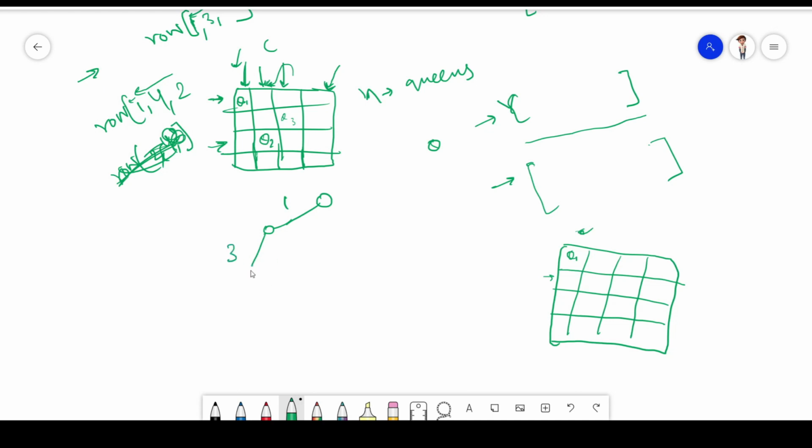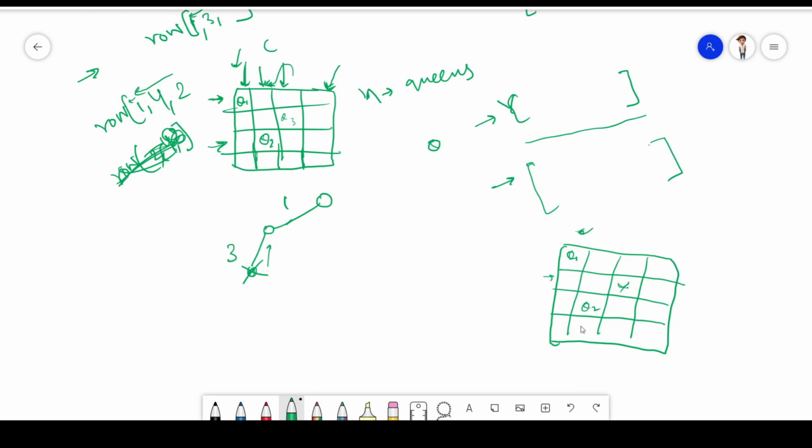So at third I am putting the q2 over here, and now I will put the q3 over here, right? Because the q2 will be there, but I cannot place, sorry, I cannot place q3 over here. So there is no such position where I can place q3. So I will backtrack. This is not the solution, so I will backtrack over here to find some other solution.